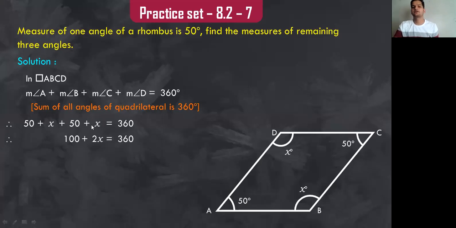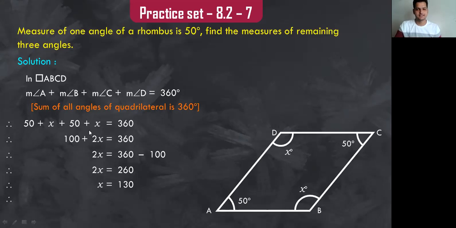Now, whose value we want? The value of x. So whatever is on the left side along with it, start sending it to the right one by one. So plus 100 will go on the other side, will become minus 100. 360 minus 100 gives you 260. Now, whose value we want? X. X and 2 are getting multiplied. Multiply goes on the other side, becomes divide by. So x will be 260 by 2, which is 130 degrees.